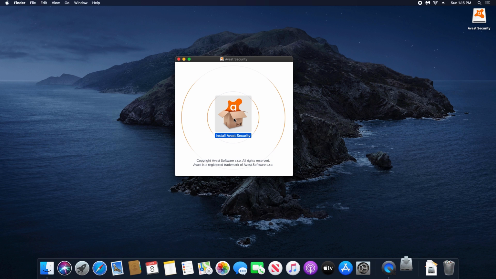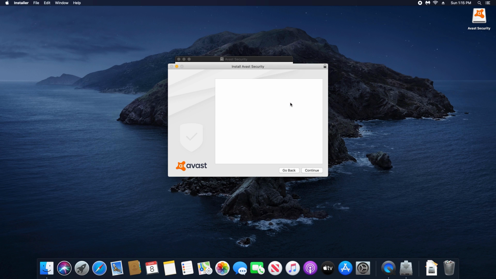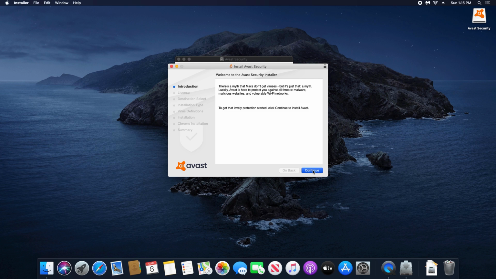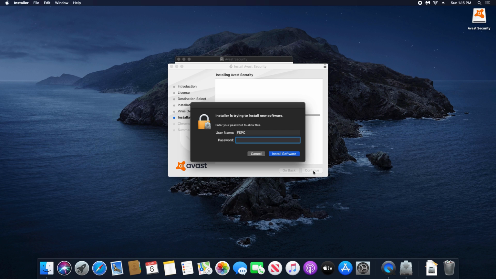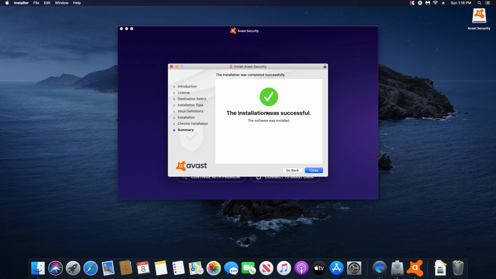And then I'm just going to double click on Install Avast. We're going to click on Continue, and then we're just going to continue through the installation process. If it asks for your password, go ahead and type in your computer password. Again, if at any point it mentions that the installation has been blocked, just same thing as before, you just